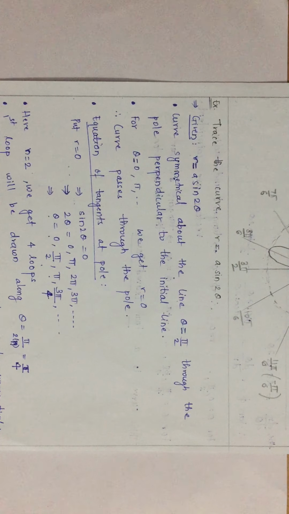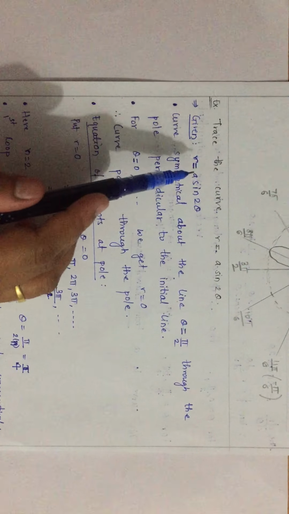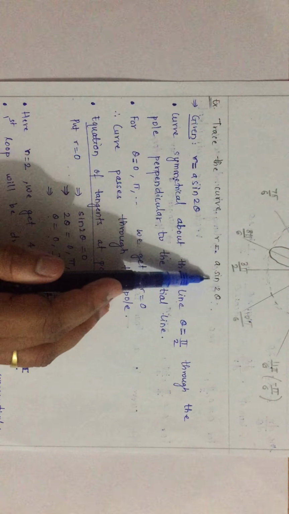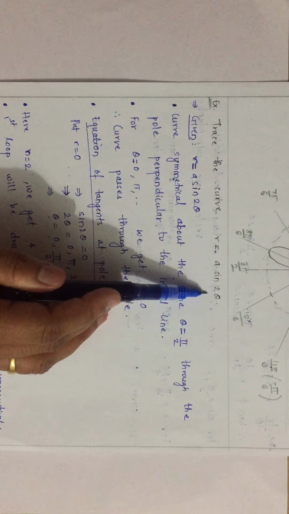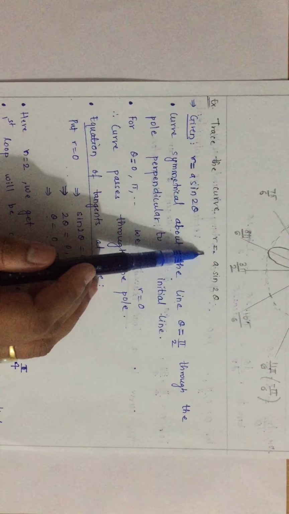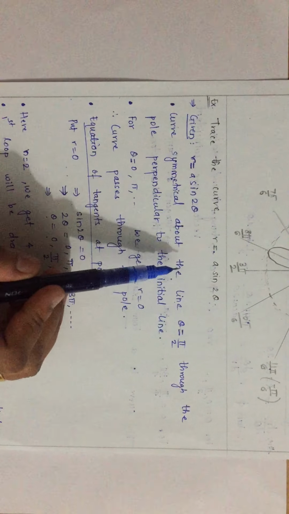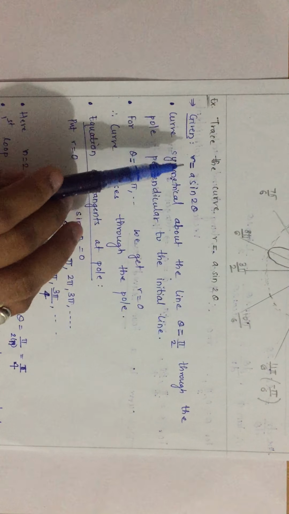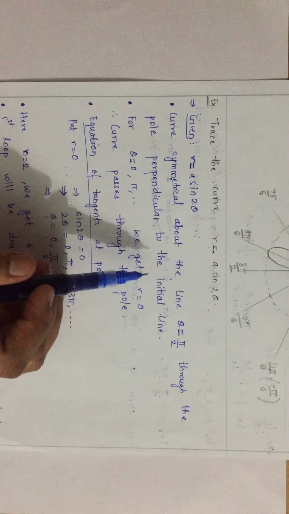Hello students, let us see one more example of how to trace a rose curve. The question says trace the curve r equal to a sin 2 theta. Since it is an equation of the form r equal to a sin n theta, we know the curve is going to be